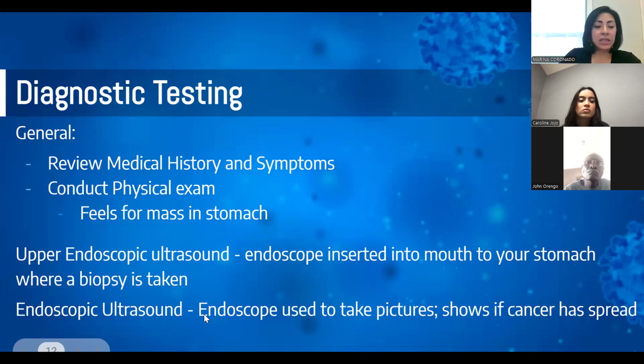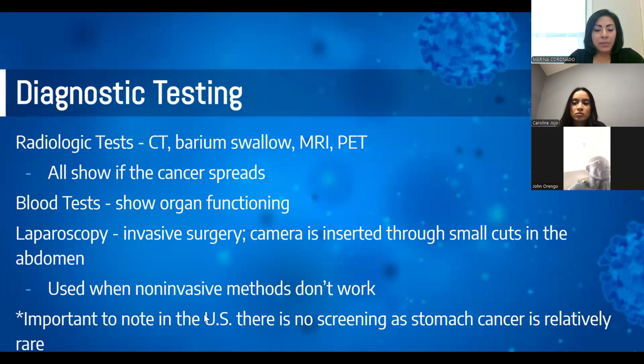So this is diagnostic testing, and diagnosis starts with a medical history and physical exam. An endoscopy is used to look inside the stomach and take a biopsy. And images like CT, barium swallow, and MRI check if the cancer has spread. And so a barium swallow involves drinking a liquid that serves as a dye to make the stomach lining more visible